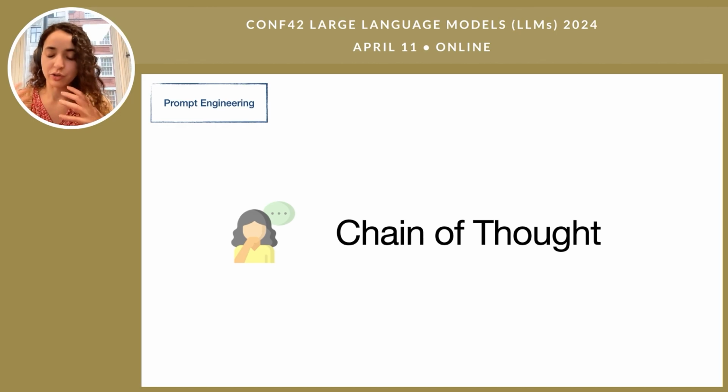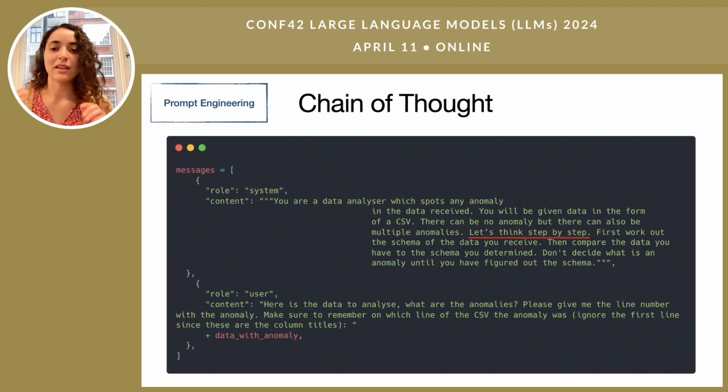We're going to do it very simply by giving it a line which just says, let's think step by step. Chain of thought can be done in various ways. You can literally show it the breakdown of the thinking it has to give, but the simplest application is simply telling it, let's think step by step.